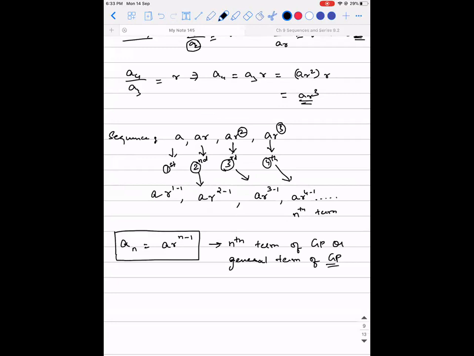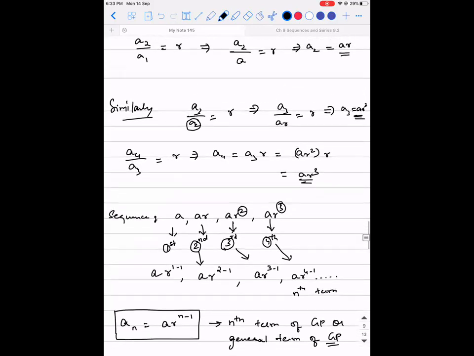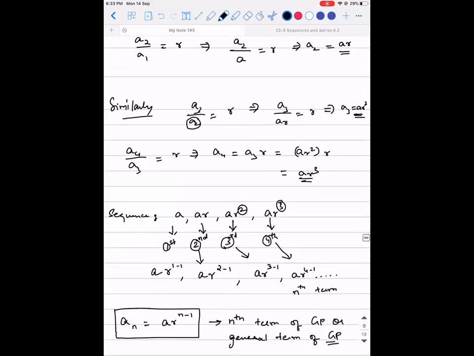It is very much similar to how you solve the problems in arithmetic progression. There, we speak about the general term and call it A plus n minus 1 into d. Here we are calling it AR power n minus 1. Is that clear? Since you're learning this for the first time, make a note of it. Write it properly.